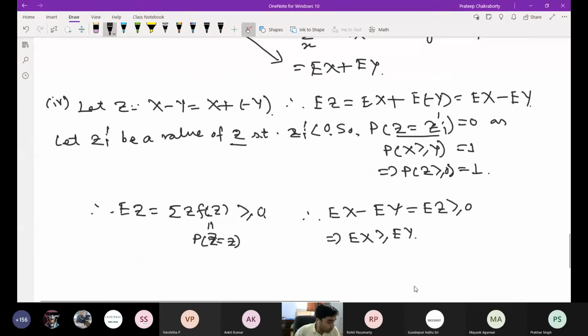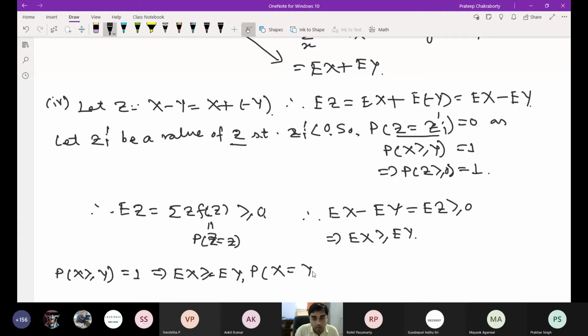Okay. Now, suppose we assume that P(X ≥ Y) is equal to 1. This implies EX ≥ EY. Again, if we assume P(X = Y) is 1, that implies